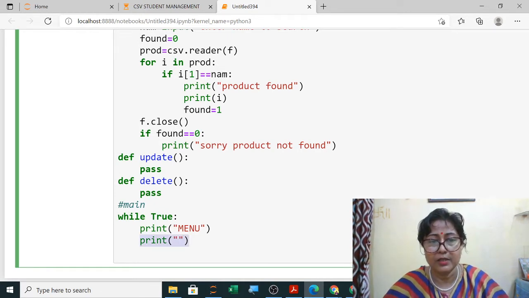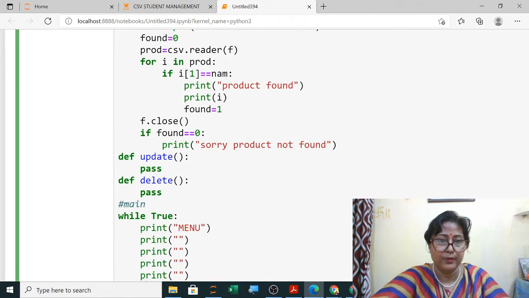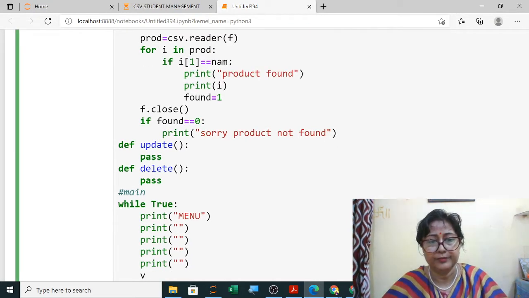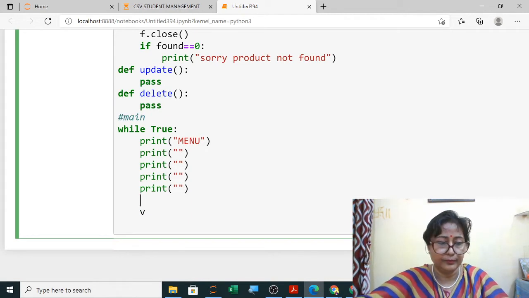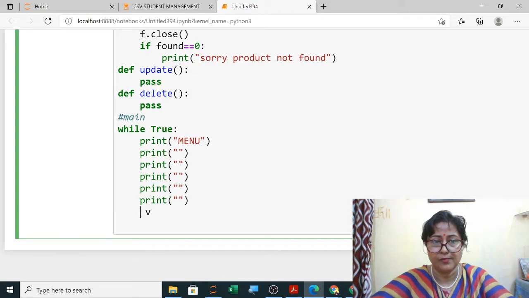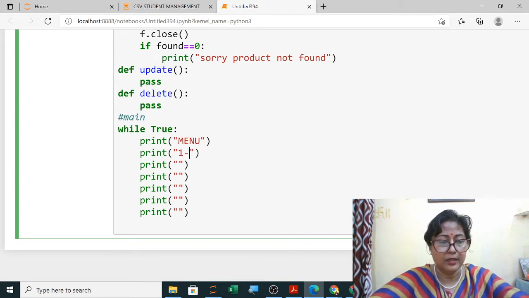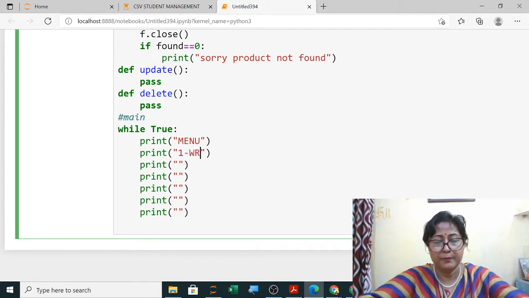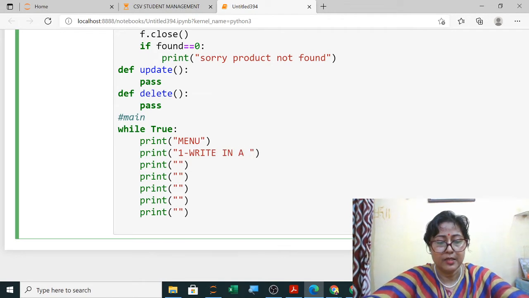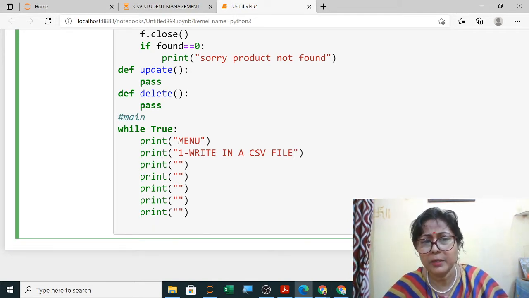So I will copy it, Control C, and however many menus you want to display, you can write here. Now the first menu will be to write in a CSV file. Second menu will be append in a CSV file. Now I am keeping both the same.